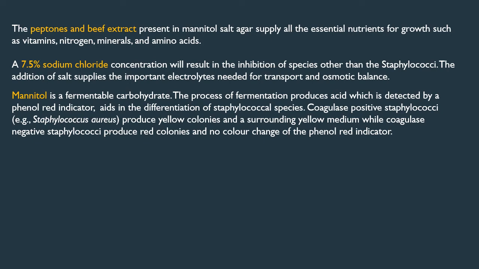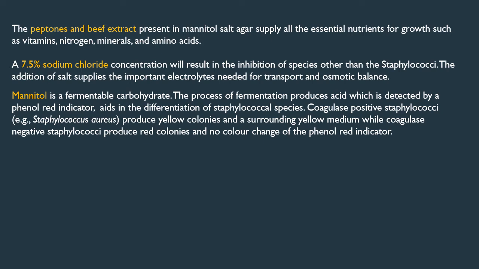Then the main role in the media is of mannitol. It is a carbohydrate, a carbon source, a fermentable carbohydrate. The process of fermentation produces acid, which is detected by the phenol red indicator, and it aids in the differentiation of